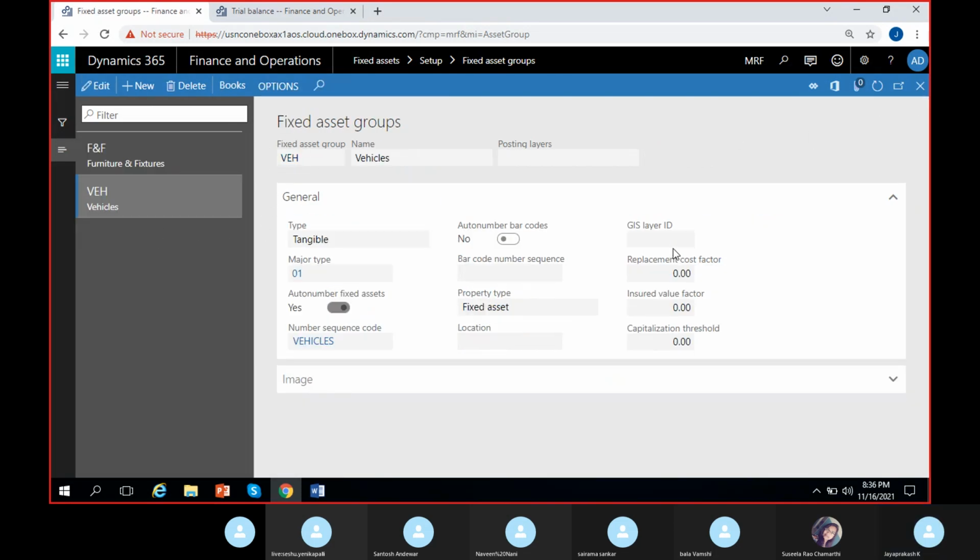Okay. So now I can refresh this, and in the vehicle I can see posting layers as current comma tax, means both current layer book is there as well as the tax layer book is also there. So two books are there in the vehicles group. So for the furniture and fixtures also, I'll link the